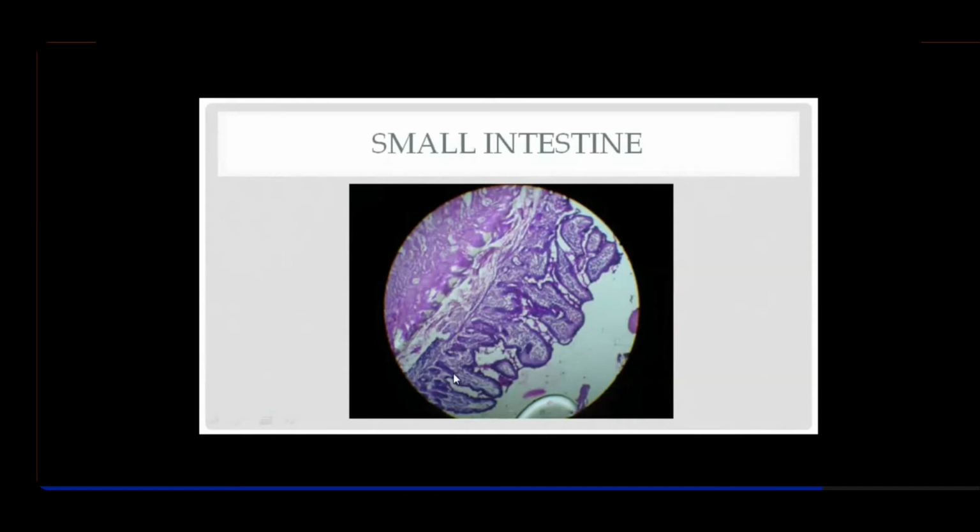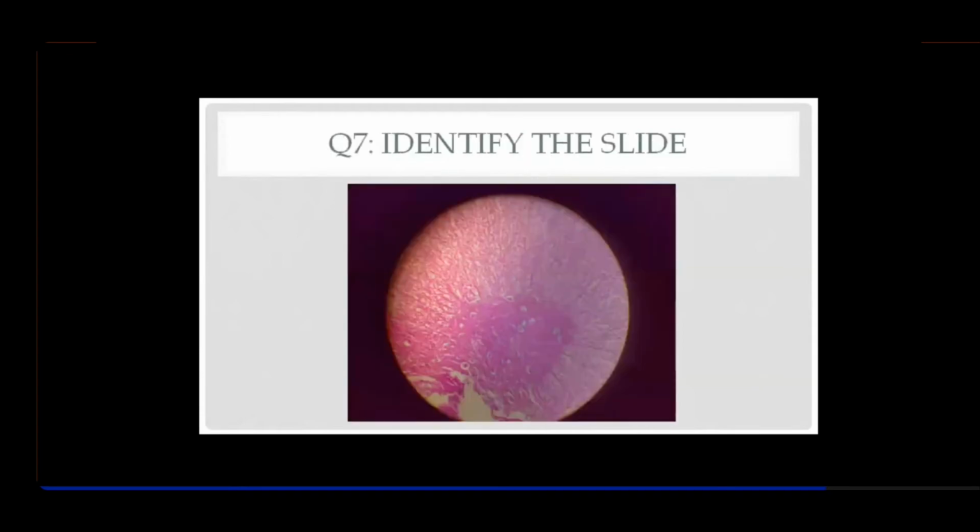So this is the mucosal layer, and down below is the submucosa. Below that is the lamina propria first, and then the submucosa, and beyond that will be the muscular layer on the outside. Not well seen, actually. This stain has been a very dark stain. Everything is seen as a violet thing. Now identify this slide.